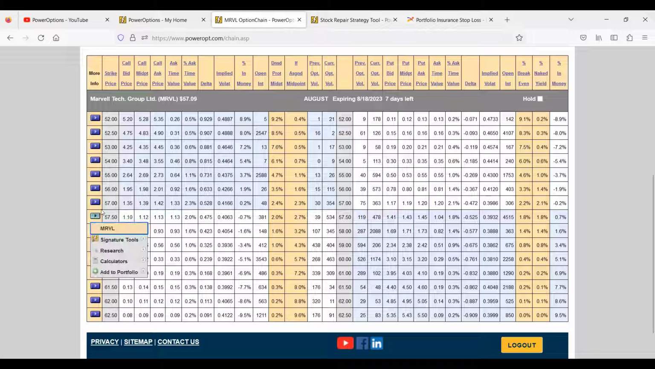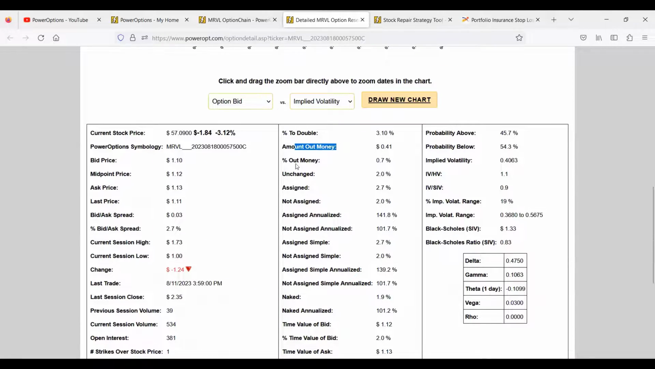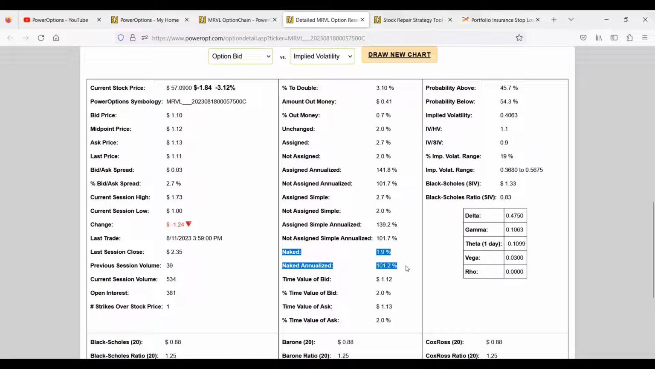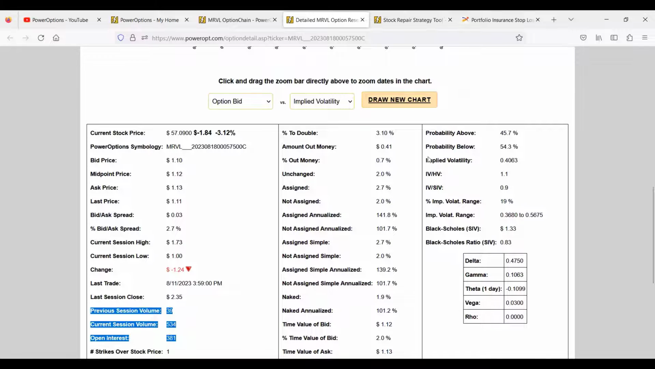Long story short, Carl. What I could do is go to the more information button here, go to research, and go to call research. Call research tool is going to show me every piece of data we have specifically for that call option. If you sold it as a covered call or if you bought it as a call, all your Greeks, all of your in the money and out of the money ranges, percent if unchanged, assigned or not if assigned, if sold as a covered call, percent naked yield if sold as a naked call, time value of the bid price, time value of the ask price, previous session volume, current session volume, open interest, and so forth. Here's your implied volatility